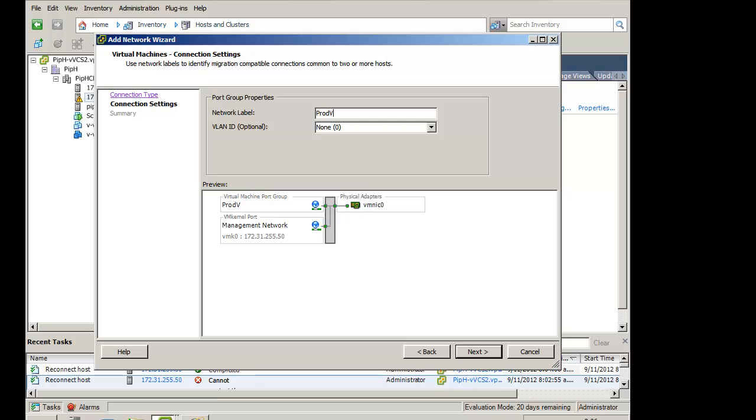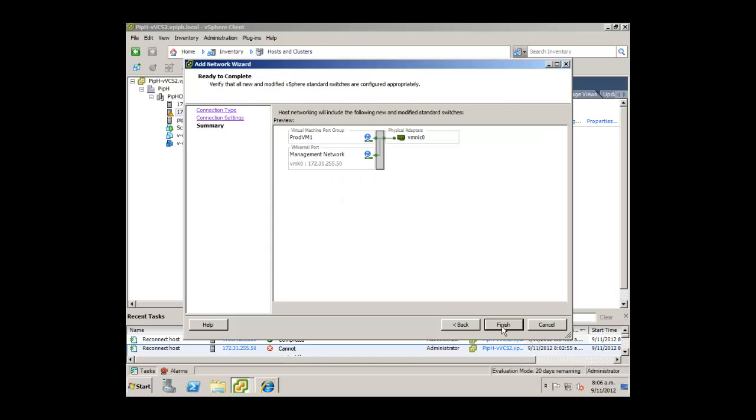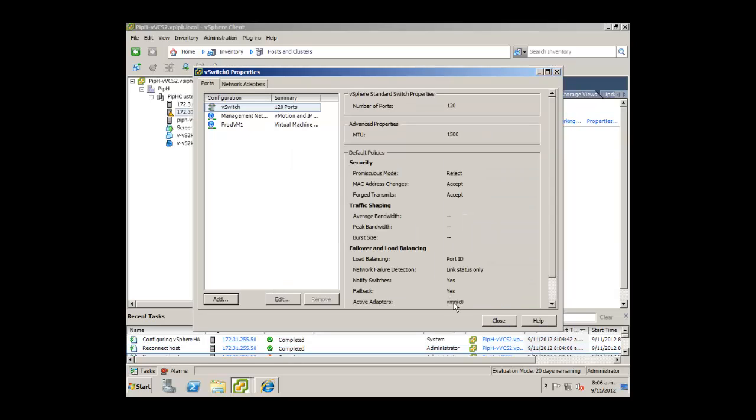So if we call this port group prod VM1, and we're going to keep it with VLAN 0 and go next, and as you can see that port group is now going to be connected to the physical NIC 0, and if we go finish there. So as you can see, we now have that port group on the existing vSwitch. So if we go close,